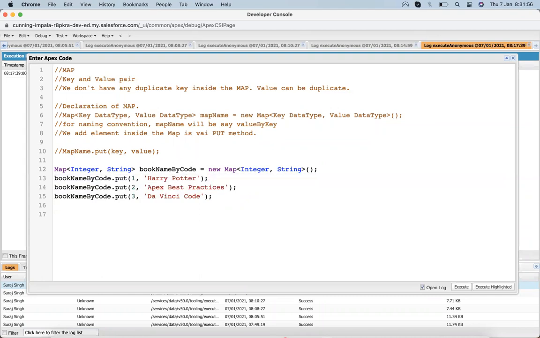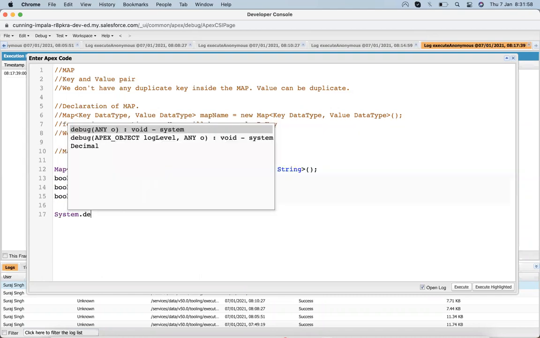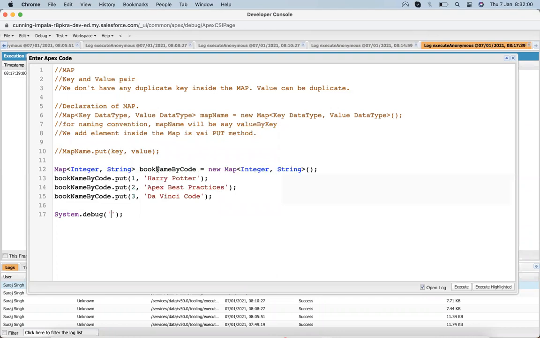So let's have a look at how it's appearing. For that I will put a System.debug of book name by code, and let's run it.